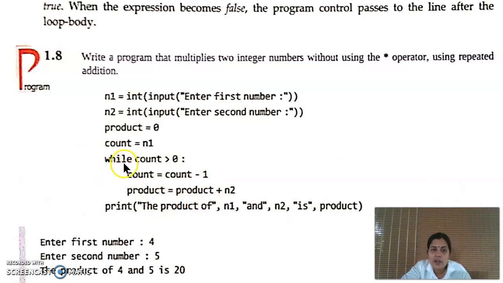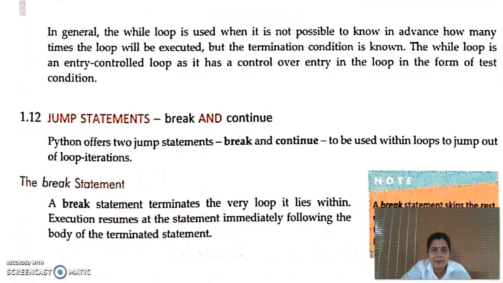Look inside the while loop. These two statements are inside the while loop because here we use some spaces, which means indentation. So the product is found at the end of the loop, we will get the product. So outside the loop we will print the statement.